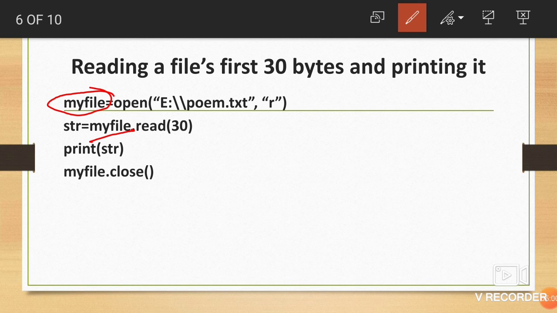By using the file object you are reading the number of bytes by using the read method. How many bytes will it read? It will read 30 bytes. And then print str will print the bytes which are stored in str.